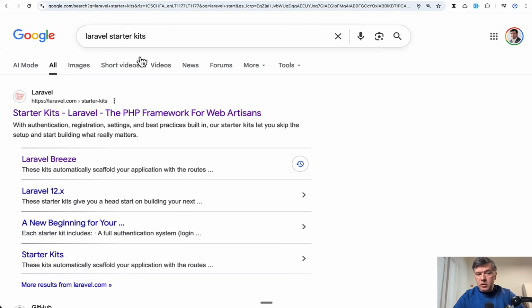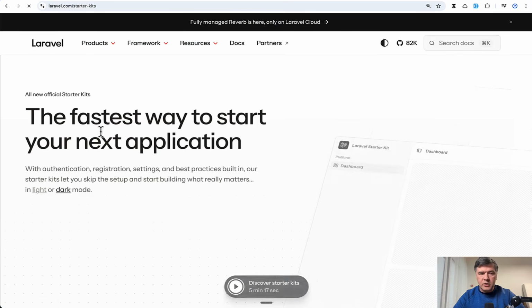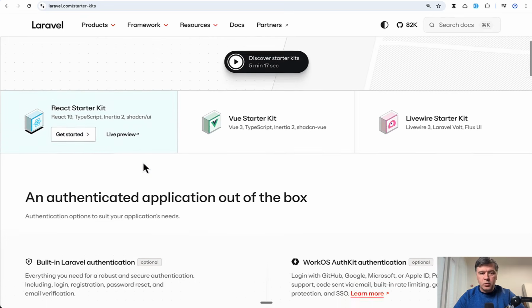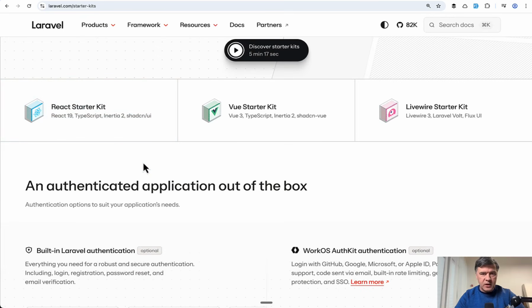So currently, if you Google Laravel starter kits, of course, you land on the official page of starter kits, which show 3 official Laravel 12 starter kits: React, Vue, and Livewire. If you choose one of them, basically the prerequisite is that you work with one of those full stack technologies, which may be a problem if you're just a backend developer wanting to create your SaaS without learning React, Vue, or Livewire. The problem is that there's no plain Blade starter kit,